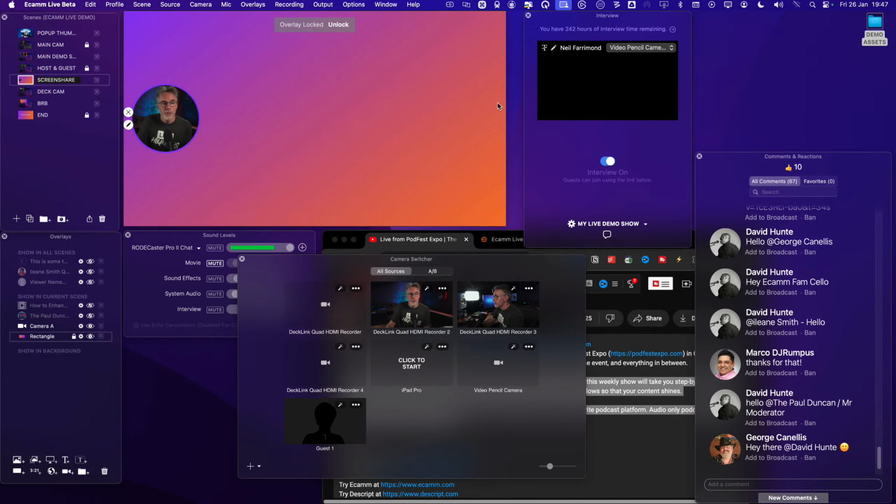All right, so there's lots of ways that you can share stuff within Ecamm. I've mentioned the web widget, which is great for sharing web-based presentations. You can bring anything in there. You could bring Canva. You could bring anything that is web-based into that. But if you wanted to share a portion of your screen, then we can do that with the screen share